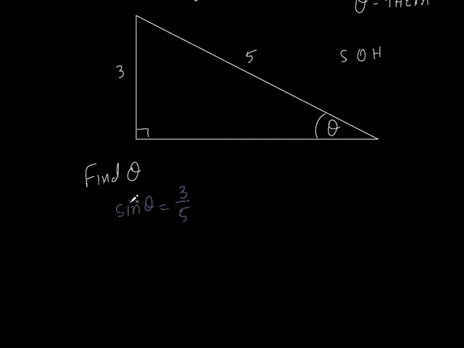But remember, the sine is not a variable. We can't divide by the sine. You wouldn't believe how many people try to do this even when I tell them you can't. We're not dividing by the sine. What we're doing is taking the inverse of the sine. Let me show you a little symbol for inverse. I don't think you've learned this yet, but in Algebra 2 you'll learn this. Watch, if I have